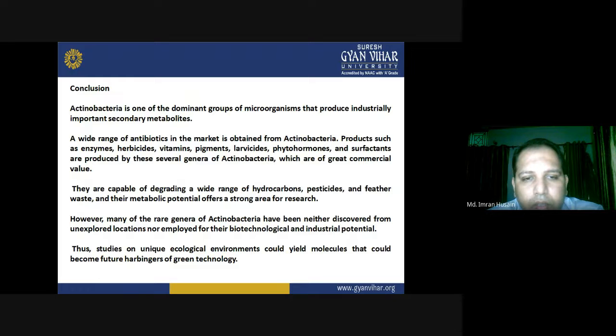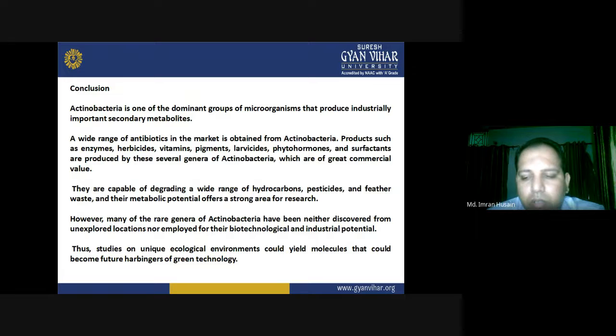They are capable of degrading a wide range of hydrocarbons, pesticides, and feather waste, and their metabolic potential offers a strong area for research. However, many of the rare genera of Actinobacteria have neither been discovered from unexplored locations nor employed for their biotechnological and industrial potential. Thus, studies on unique ecological environments could yield molecules that could become further harbingers